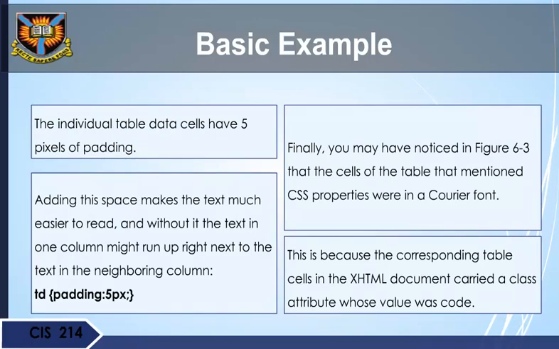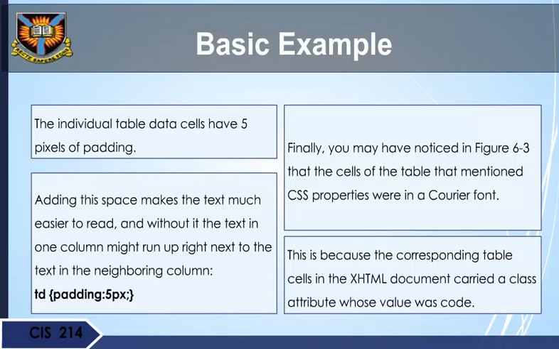The individual table data cells have 5 pixels of padding. Adding this space makes the text much easier to read, and without it, the text in one column might run up right next to the text in the neighboring column. TD padding 5px. Finally, you may have noticed in figure 6.3 that the cells of the table that mention CSS